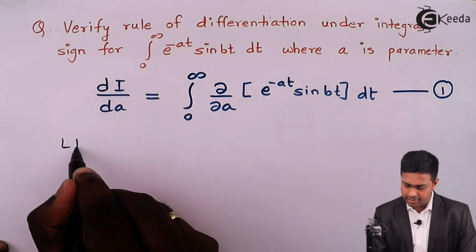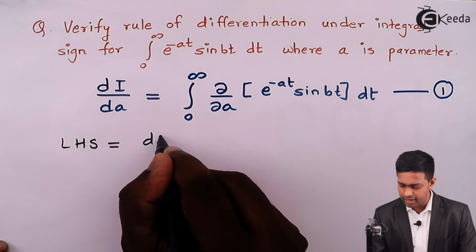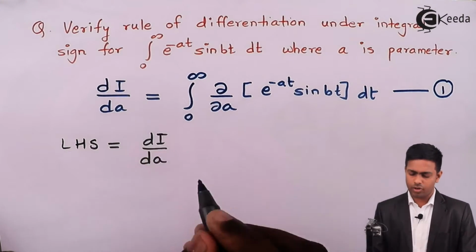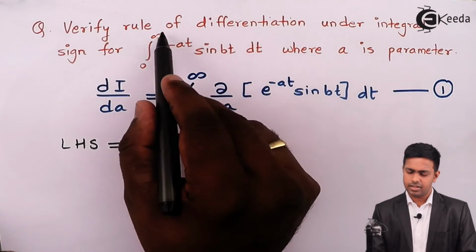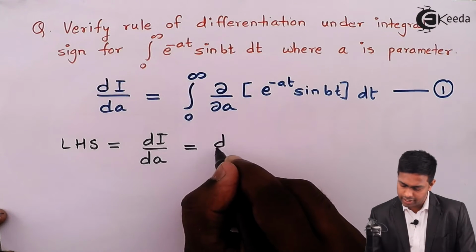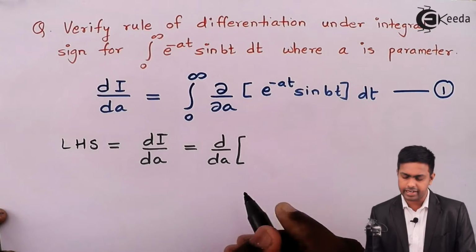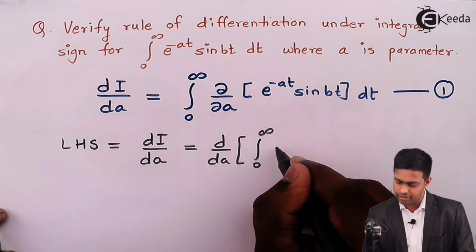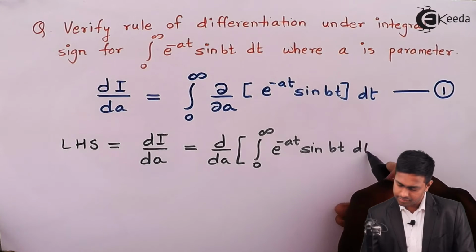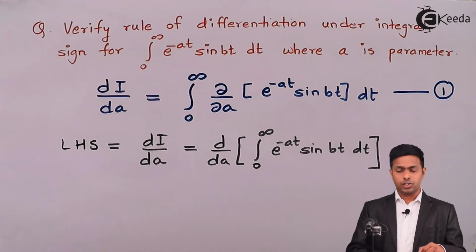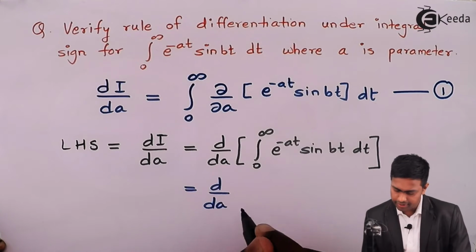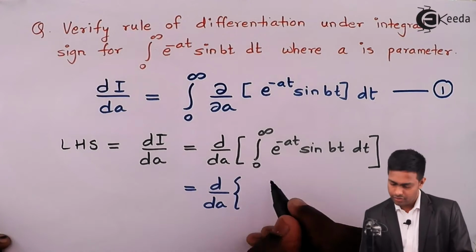Here the left hand side is dI upon dA. Now let's get the value of dI by dA. Here I is the integral which is given as this. So it is equal to d by dA of that integral, which is the integration from 0 to infinity of e raised to minus at sine bt dt. Now we will solve this integration first. So here d by dA, and in the bracket we will say